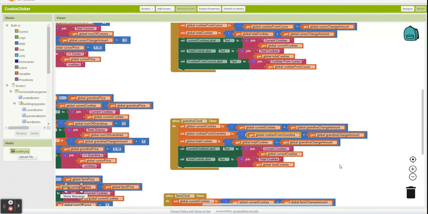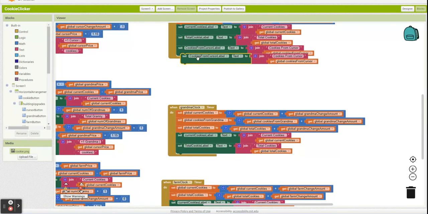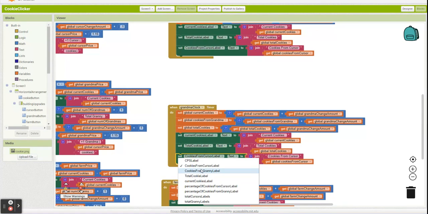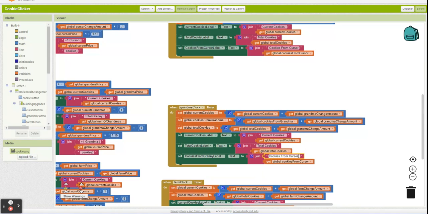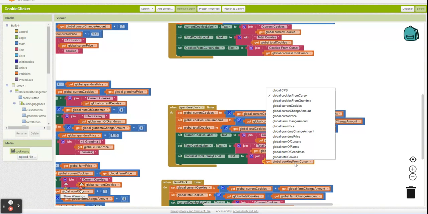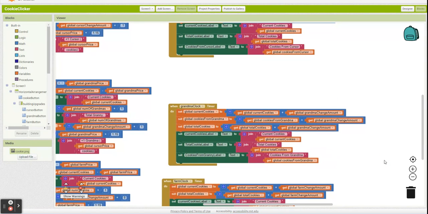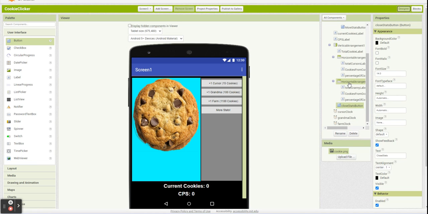Boom. Why am I blanking? Cookies from grandma. All right, so now that should set up our, where are they? Our cookies